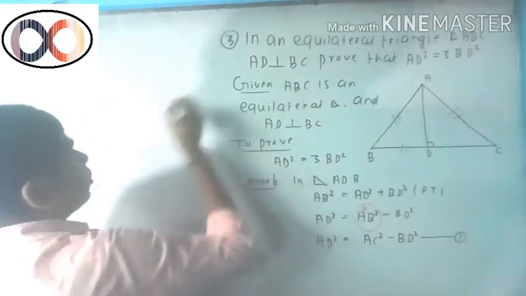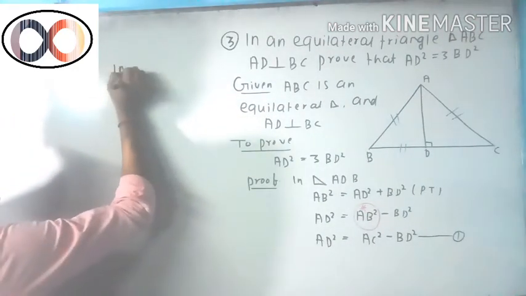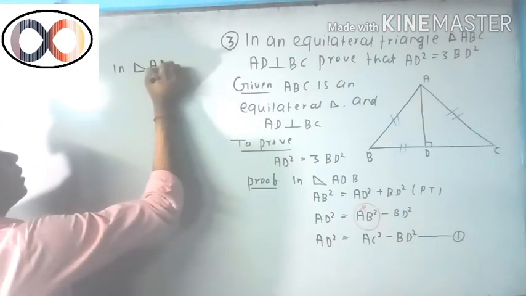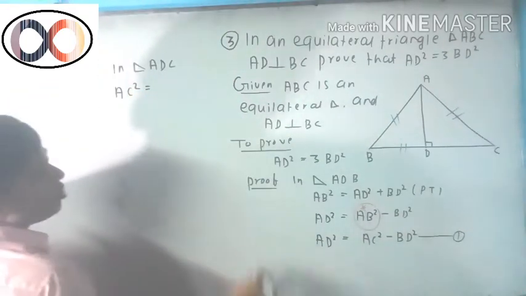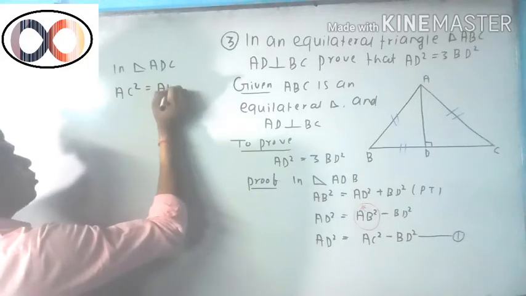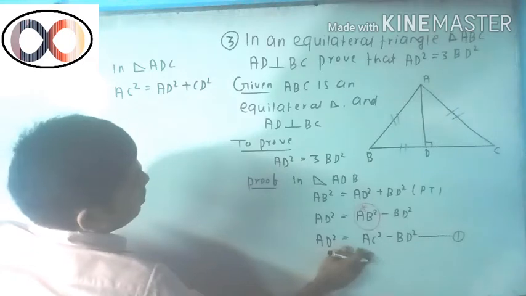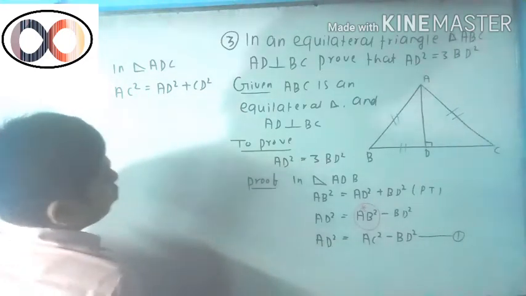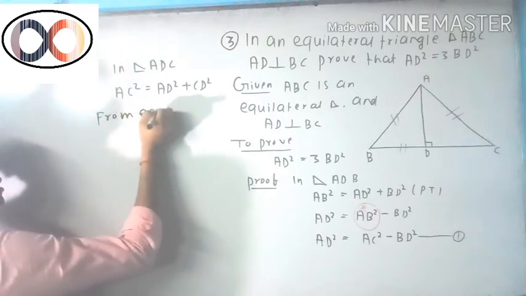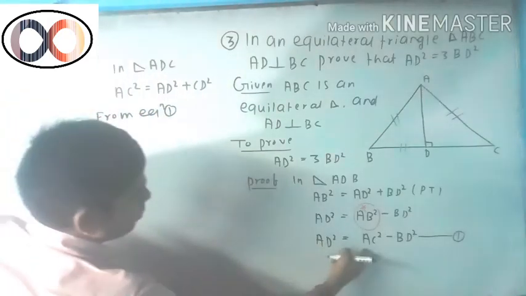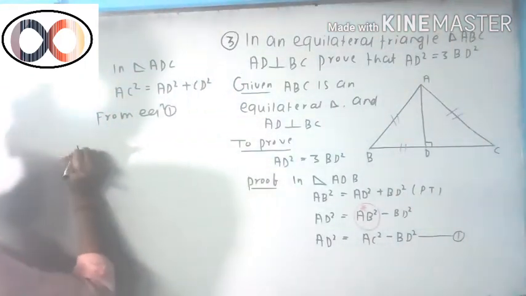So now we will take the right angle triangle ADC. In right angle triangle ADC, we can write AC square equals to AD square plus CD square. So here is the AC square, and we will have to remove it. So from equation 1, in the place of AC square, we will have to put it here. So we can write AD square equals to